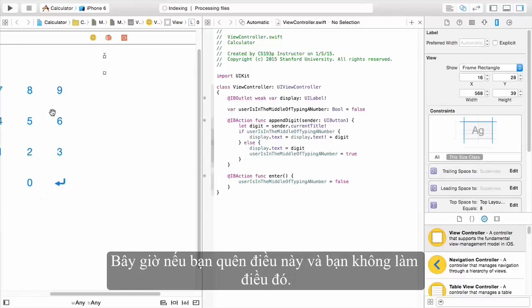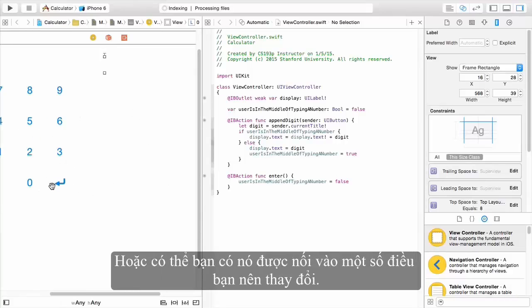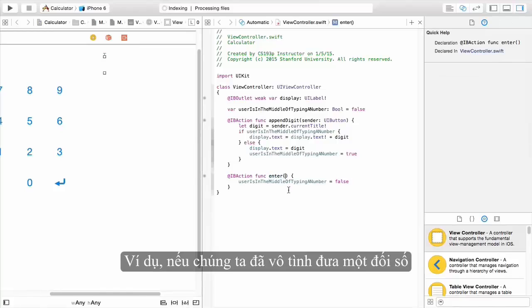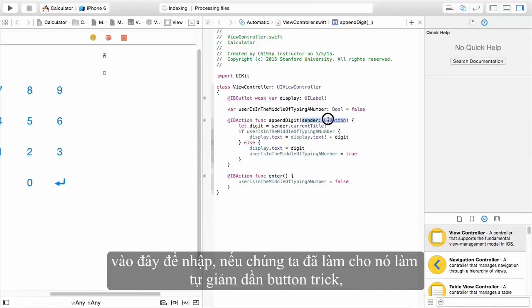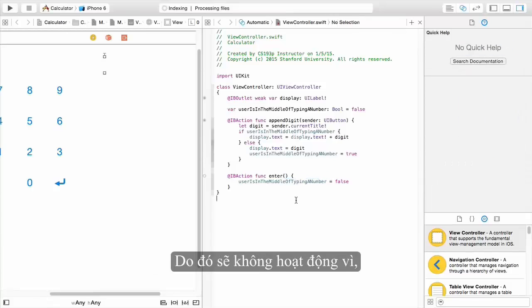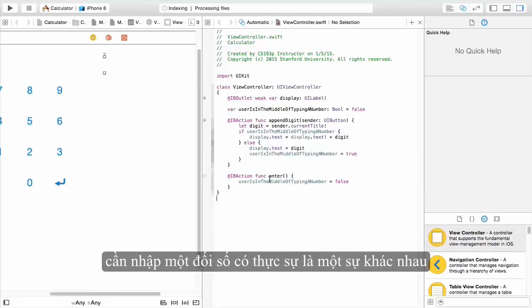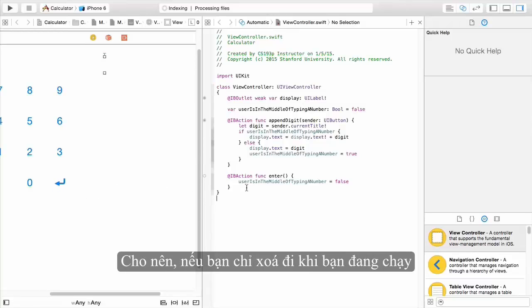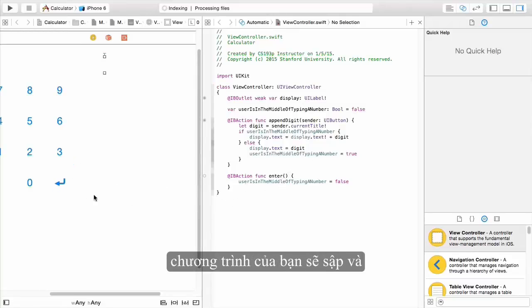Now, if you forget about this and you don't do it, or maybe you have it wired up to something that you changed. For example, if we had accidentally put an argument here to enter, if we had made it do the sending button trick, kind of like this, you can't just say, oh, okay, I'll just delete that, because that would not work, because enter with an argument is actually a different message than enter with no argument. And so if you just deleted that when you run your program, it would crash, and it would say